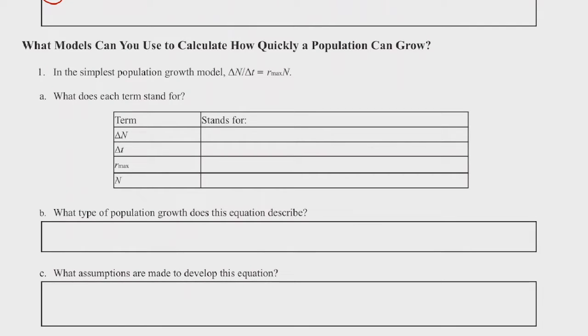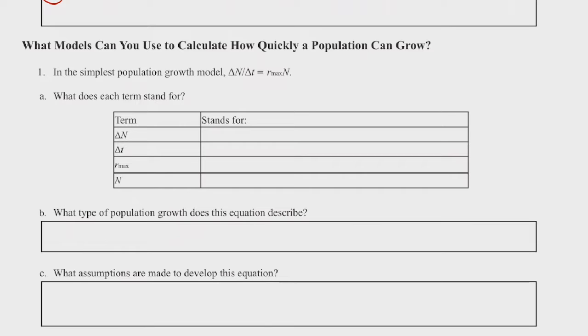What models can you use to calculate how quickly a population can grow? So this is the population growth model. Delta N over delta T equals r max N. And so I'm just going to write out what the terms mean, and we can use that further to solve some problems. So delta N